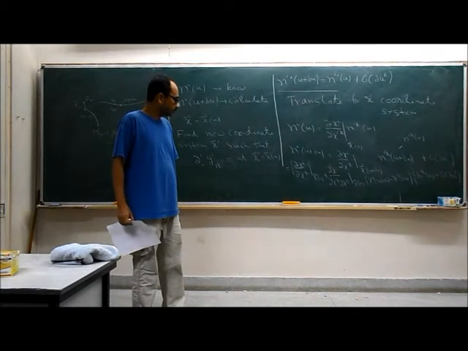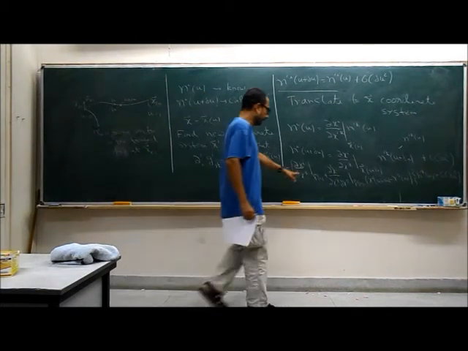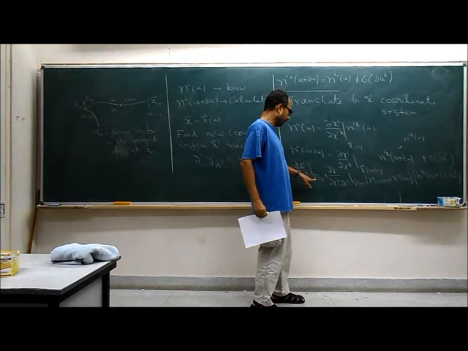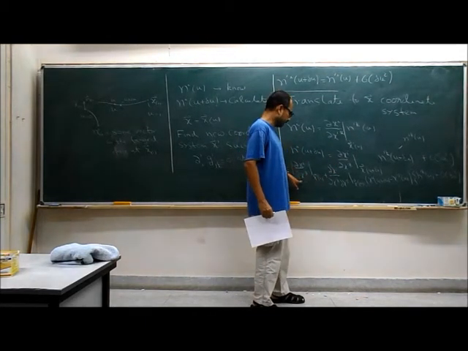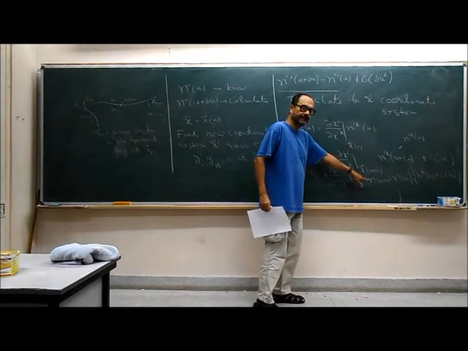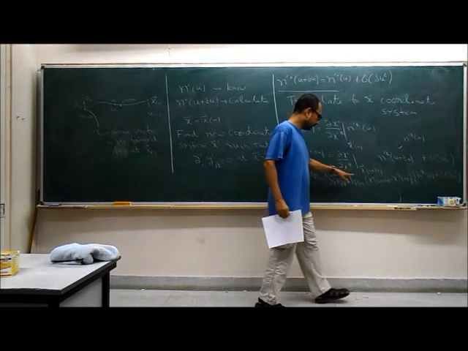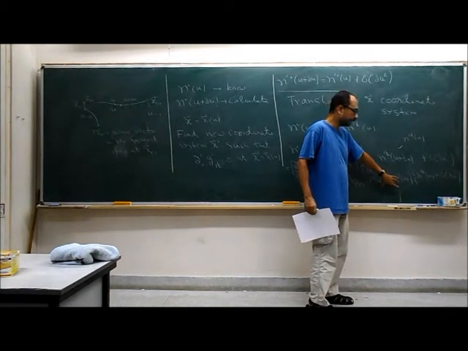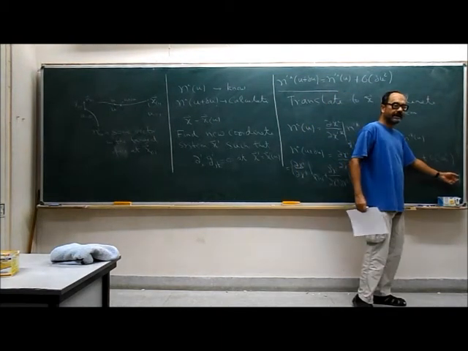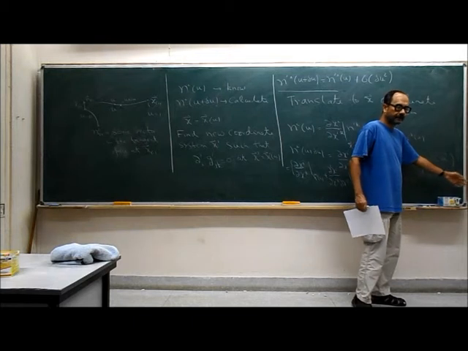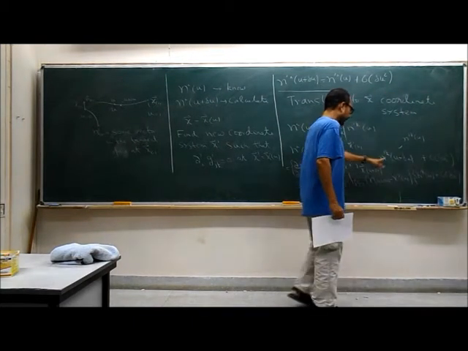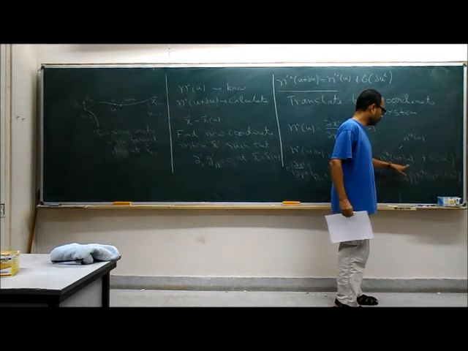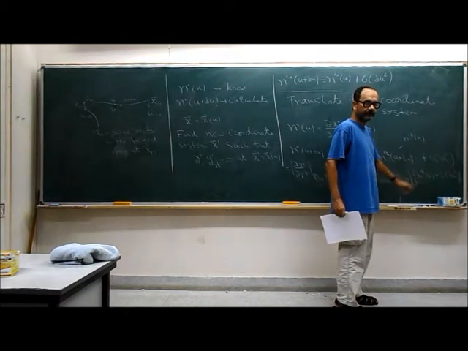Is this clear, what we have done? We basically took this and Taylor series expanded around the point x prime of u. So this is the first term, this is the second term in the Taylor series expansion, which is of course of order delta u, because this is the difference. And since you are ignoring terms of order delta u square, you don't write the other terms. And here n prime^k of u plus delta u is replaced by n prime^k of u, because these two differ by terms of order delta u square.